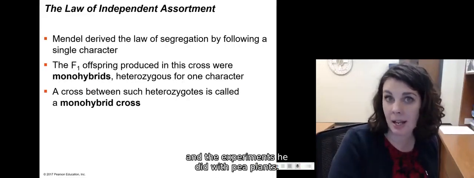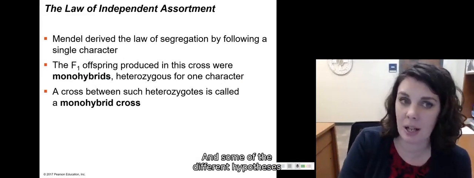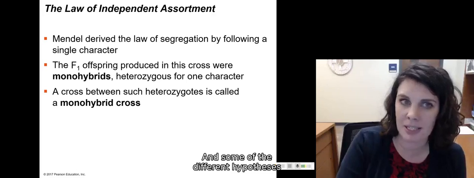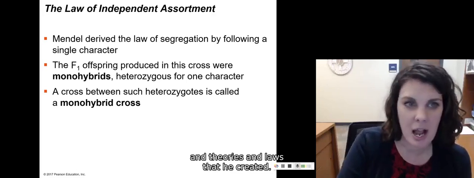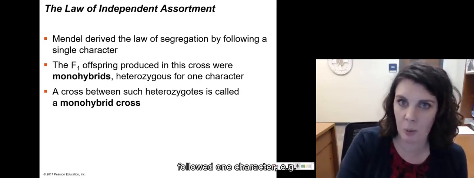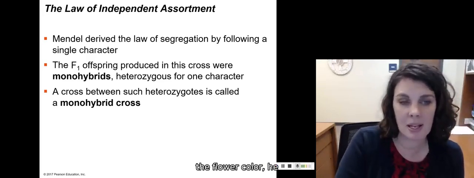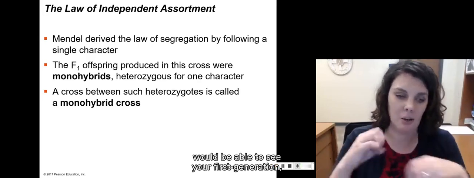Okay, so we've been talking about Mendel and the experiments he did with pea plants, and some of the different hypotheses and theories and laws that he created. So one is the law of segregation. The law of segregation, when you followed one character, for example, the flower color, he would be able to see,